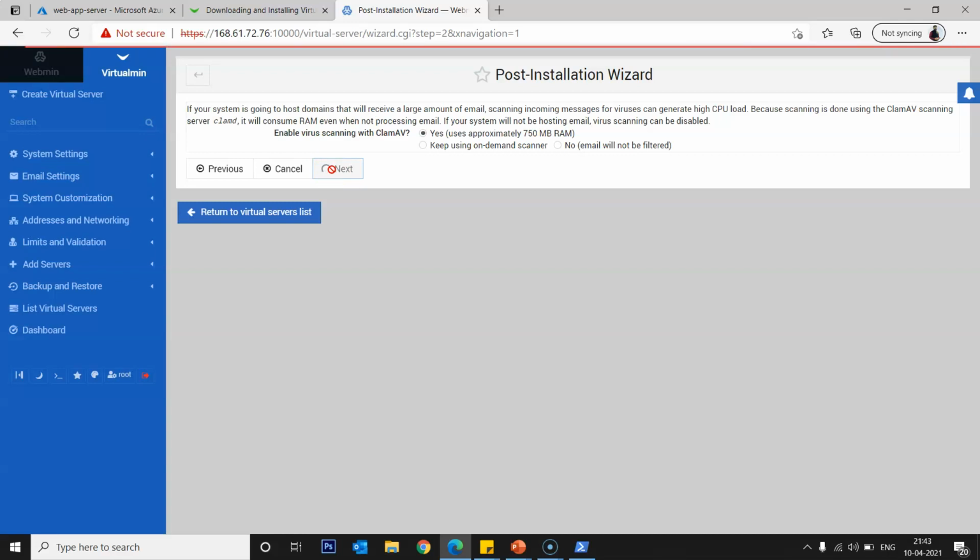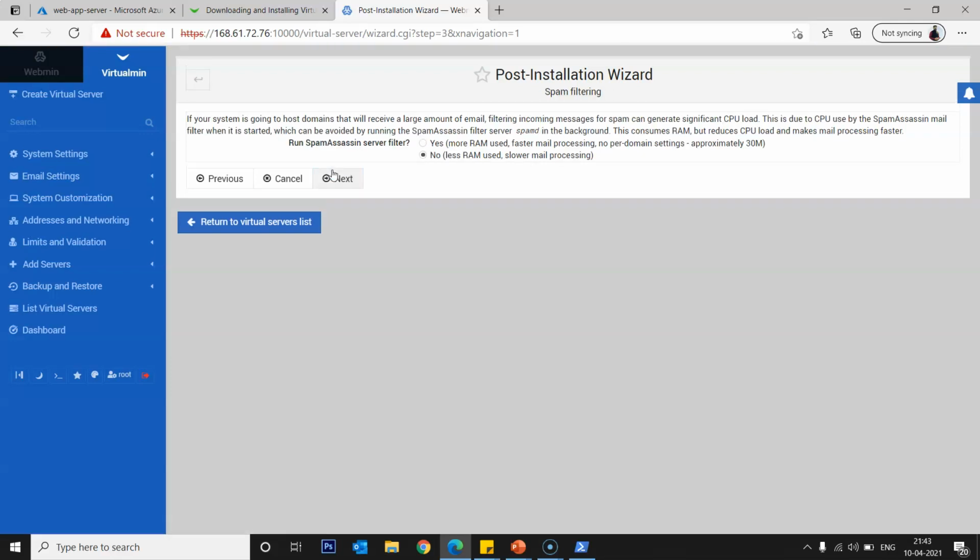So now next is you want to select a spam filter for your server. Yes, I don't want to use a third-party spam filter. If you want to use a third-party spam filter, you need to choose the option no. So I want to use this server as a spam filter, so I have to select yes, otherwise I have to select no. So I'm selecting yes for right now.